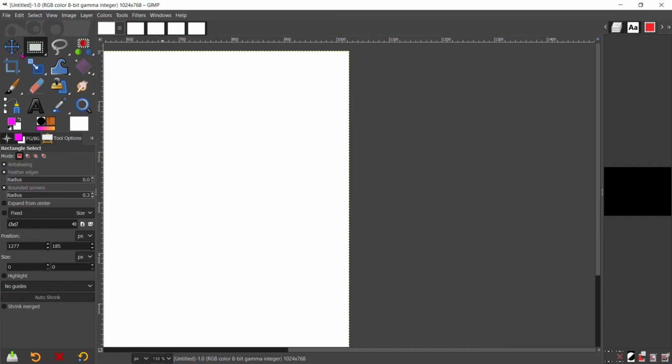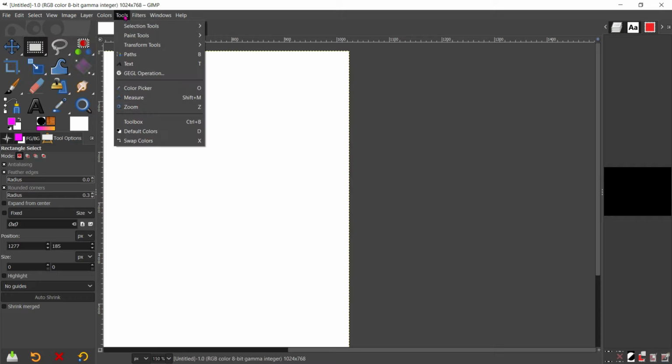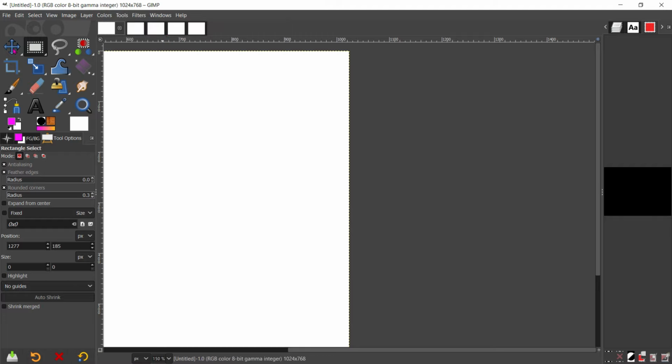As we have seen in the interface, similar tools have been grouped together, like move and align. So from here, select tools, instead of using the pull down menu, we can use the icon, right? Similarly, we have here rectangle and ellipse selection tools, and then we have here free select, scissors and foreground select.